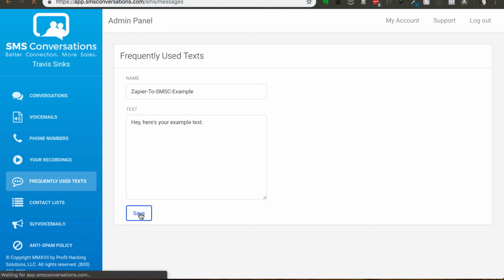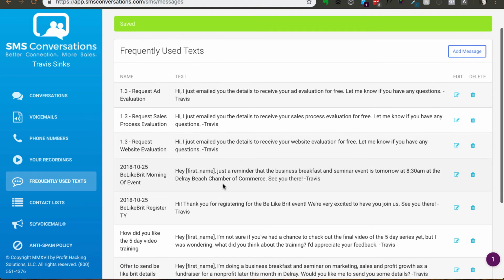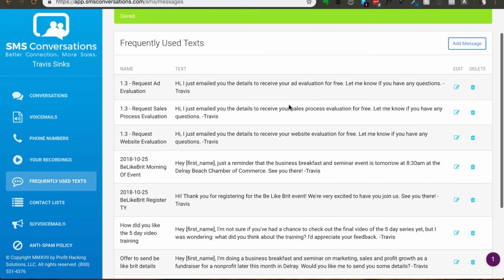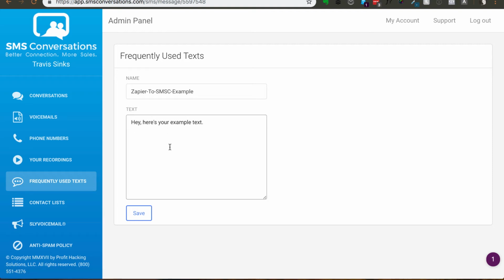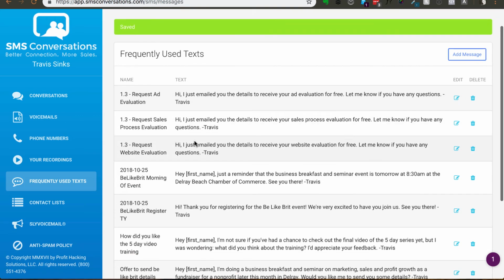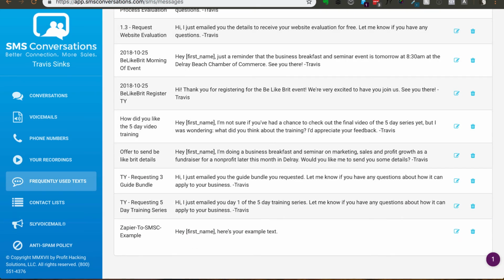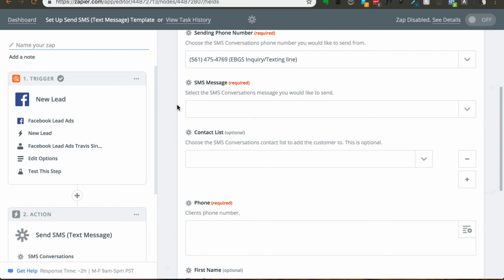Or click Save. And just like with all the other texts, you can use the information here. So let's actually do that real quick. We can actually use their first name. So, hey, first name, here's your example text. Click Save. Now that is saved inside our frequently used text, and so back in Zapier, when we select our